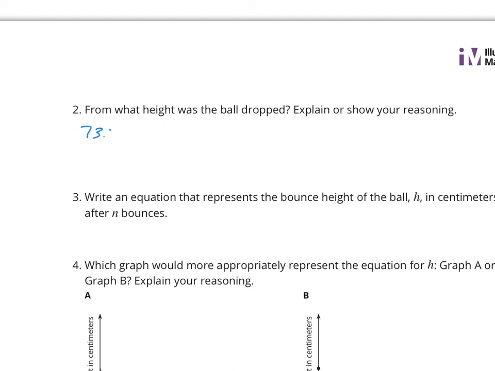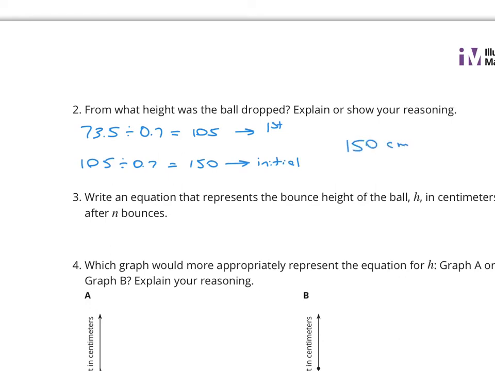So 73.5 divided by 0.70 is equal to 105. So this tells me after the first bounce, it was at 105 centimeters. Then I do that again. 105 divided by 0.70 is 150. So this is the initial height,